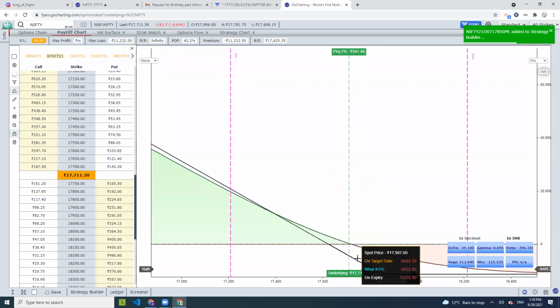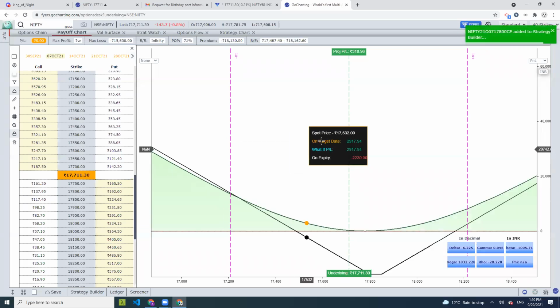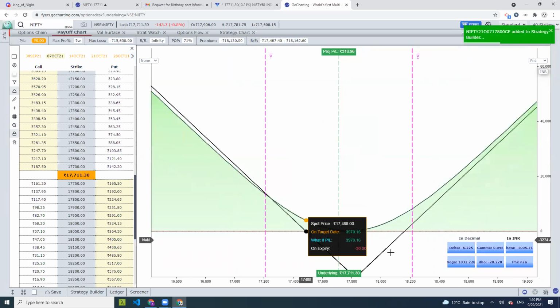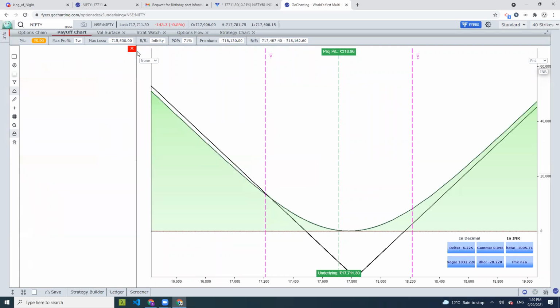It directly gives me that, and then, for example, let me create a straddle. I think this is a straddle. So this is the straddle that we created using the strike price 17,800, a put and a call, buying a put, buying a call. So this is a simple straddle we created. Now this straddle will show up here, and it will give you all the metrics that we have talked about.